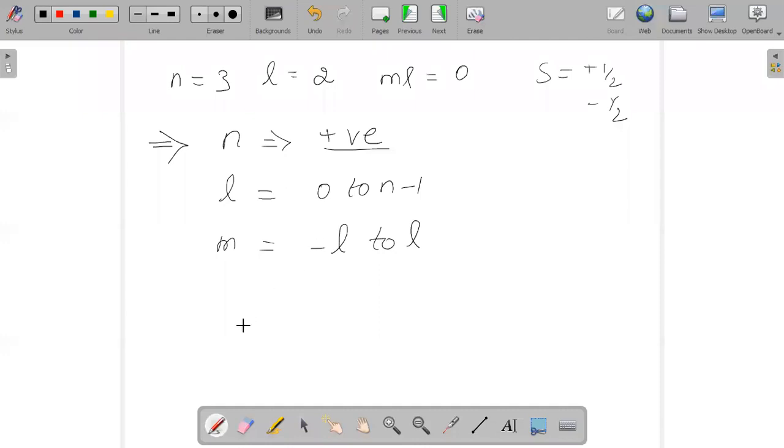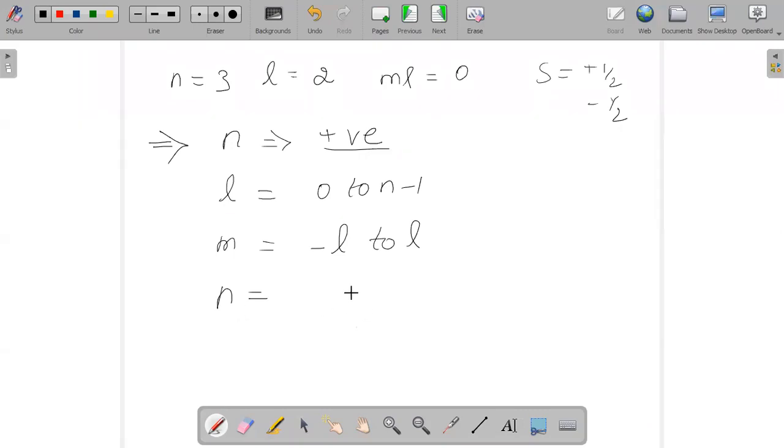And in some places, if you do the test in our package, you will come across these types of questions. So it is important that you take the test and see how the question format is. In some places, they may give you only the value of n and ask you to calculate the other quantum numbers.